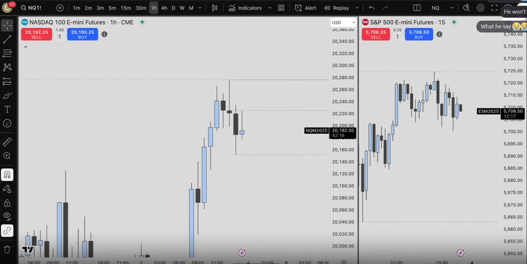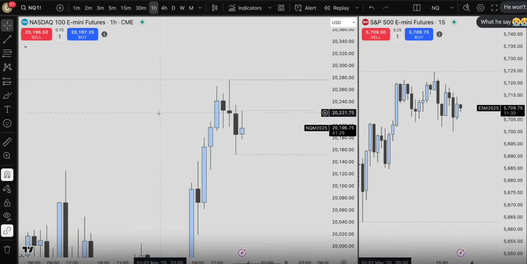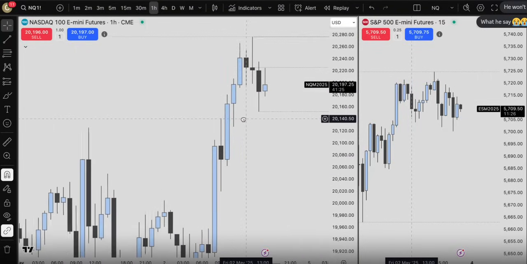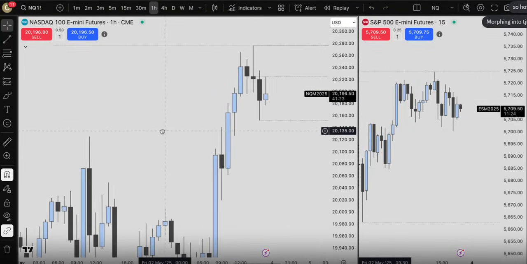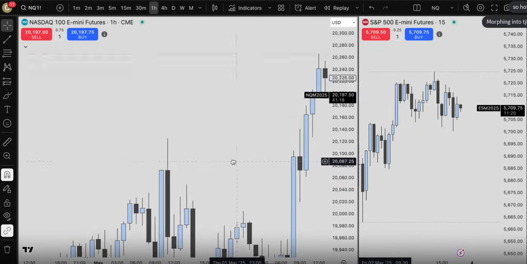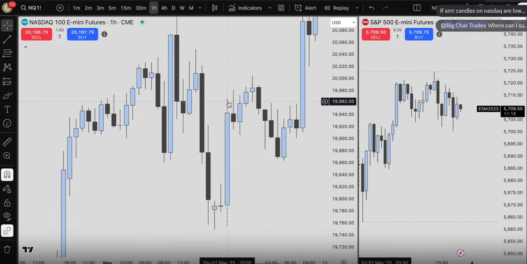Yeah, so an order block is a higher time frame confluence and a change in state of delivery is a lower time frame. Or, I mean, an order block is a higher time frame PD array. Change in state of delivery is a lower time frame confluence, right? So like,